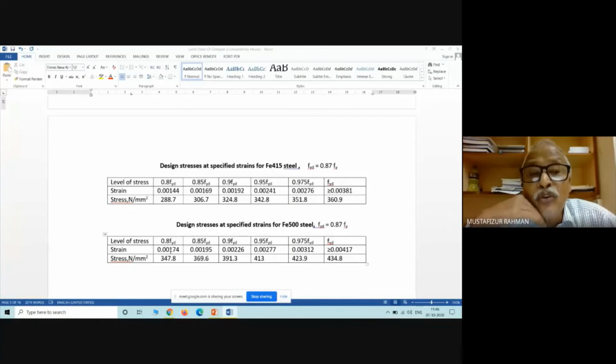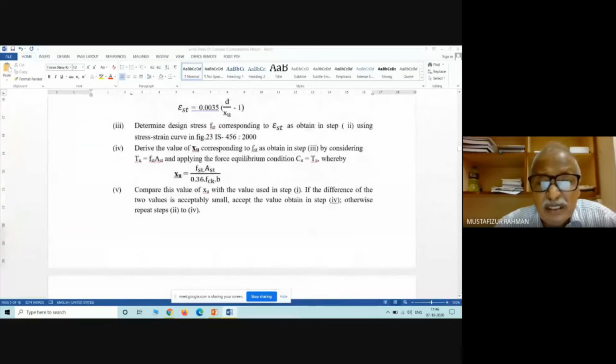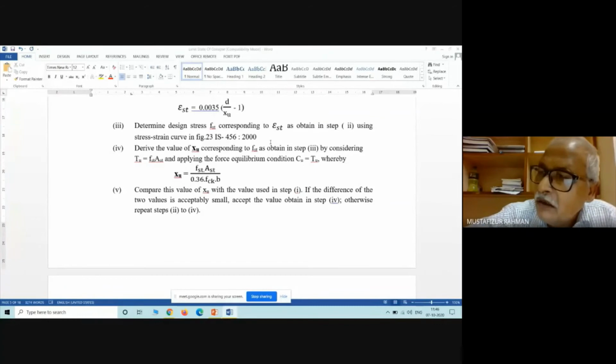Now this table, you are not required to worry. If some values are required from the examination point of view, normally these values are given. Otherwise, as I told you, you will be able to find out this value from figure 23 of IS 456, because IS 456 will be allowed in your examination,